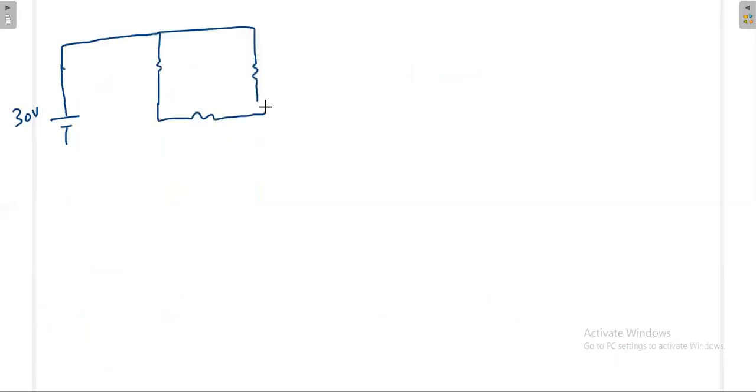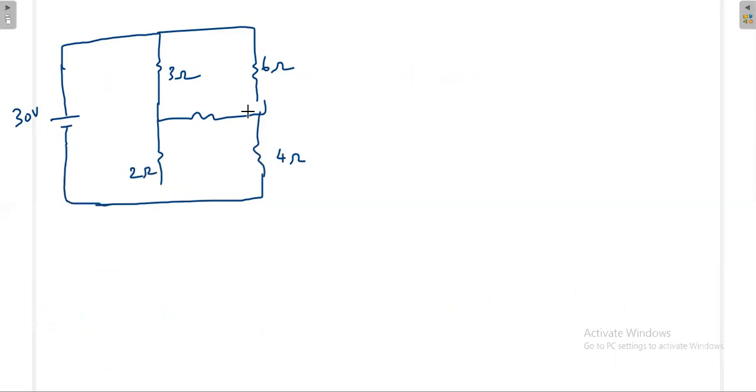One more condition. Now this is 3 ohm, this is 6 ohm, this is 2 ohm, this is 4 ohm. Okay, so this is 5 ohm. Now you apply the voltage division rule. This is 3 and this is 2. Now what is the voltage? 2 by 5, 6 into 12 volt will appear here. Here also if you apply, 12 volt only will appear. Now also what is the current across this 5 ohm? The current across the 5 ohm is equal to 0. Voltage across the 5 ohm is equal to 0.